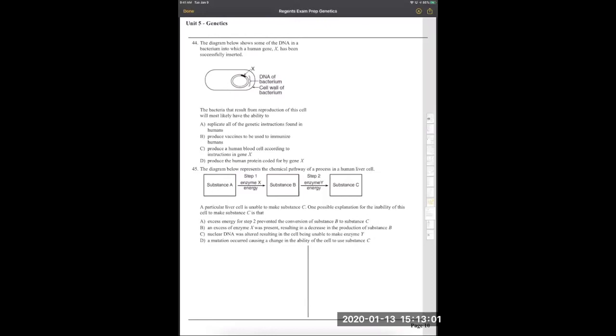So a particular liver cell is unable to make substance C. One possible explanation for the inability of the cell to make substance C is that